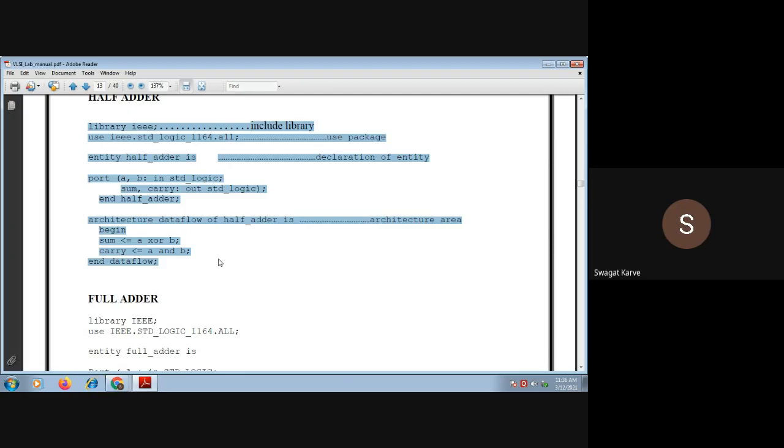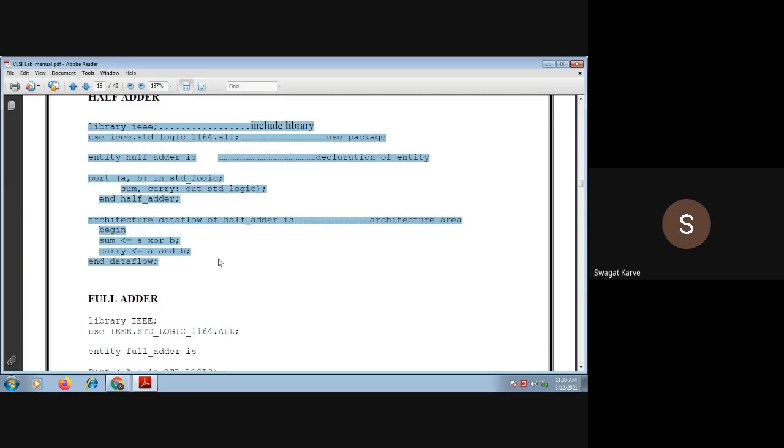If you execute this code, it will work as a half adder. So how do you actually use this in a Xilinx simulation tool? That we are going to discuss whenever we discuss the practicals. Probably after completion of this unit, whenever there is a practical turn, we will discuss each and every practical, or we will execute all these practicals using the Xilinx simulator.